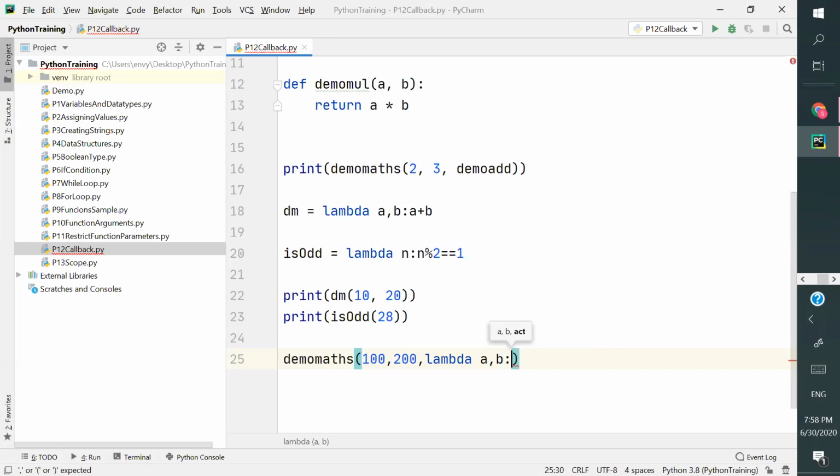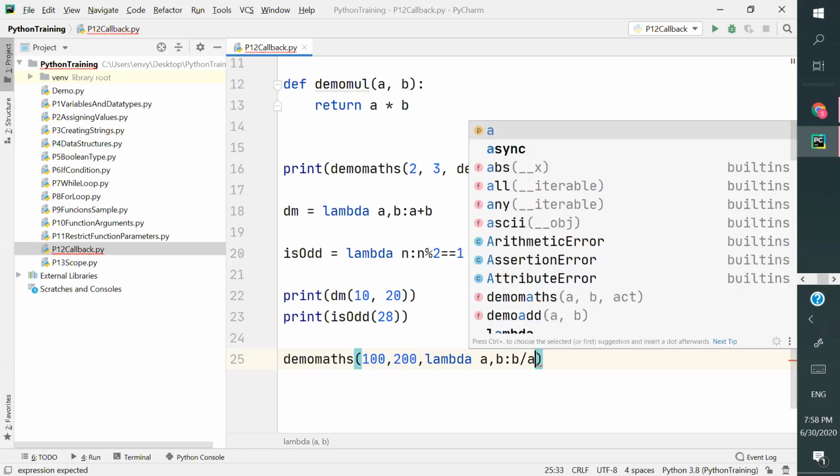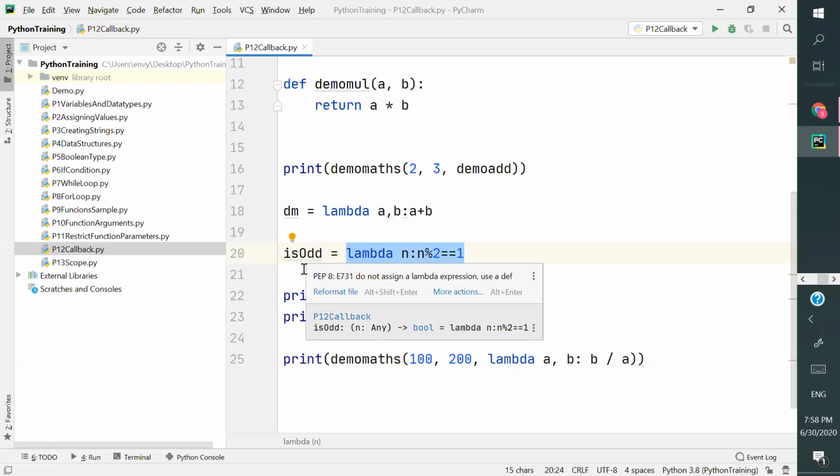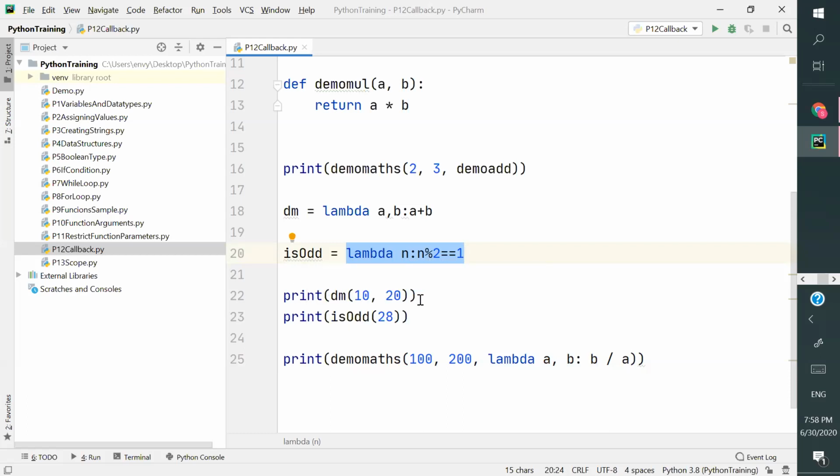And then what do you want to do with these two? I want to have b by a. Now whatever you're getting here becomes the return value. So I'm going to print it. What will happen now? There is no function name here. Earlier I assigned this function to a variable so that we can use it in other statements.